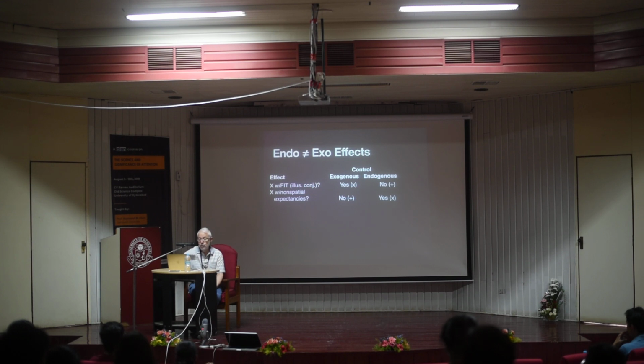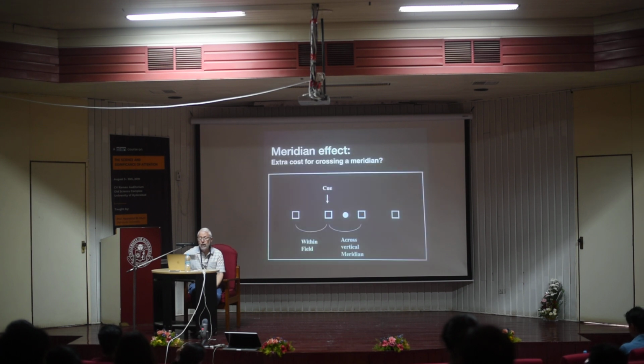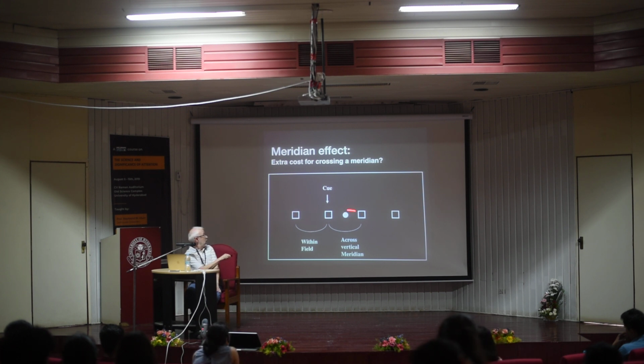So these are the two we've just talked about. In the study that launched premotor theory, Rizzolatti et al. 1987, they actually based premotor theory on the results they got when they did a cueing experiment where targets could cross or not cross either the vertical or the horizontal meridian. I'm illustrating the Meridian Effect here, but it's not actually from their experiment. And what we mean by that is, suppose the cue is here at this location in a 4-location experiment positioned like this. So the target could occur anywhere.